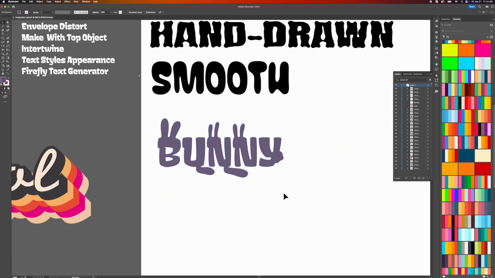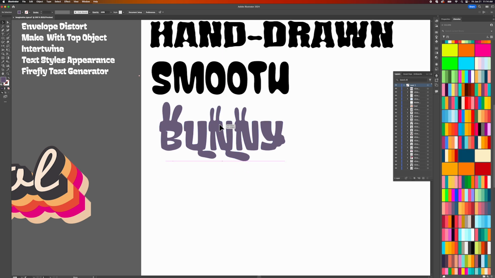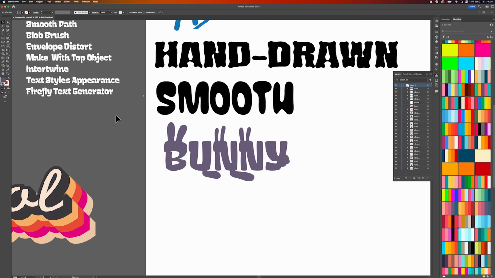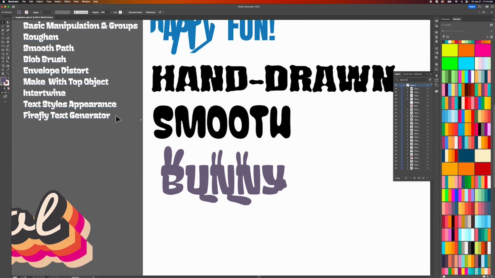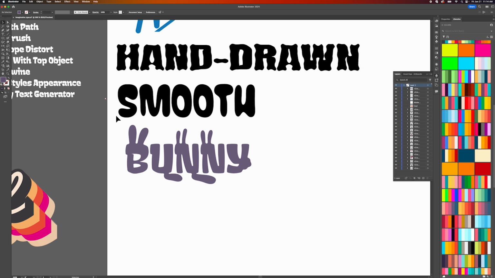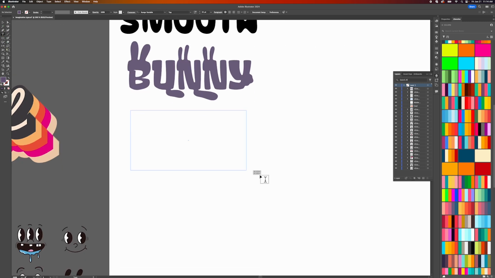Cool. So now you have the word bunny illustrated with bunny parts. We've got bunny ears, bunny feet, bunny tail. Very cool. Okay, so the next thing that we're going to do is take a look at envelope distort, which is super fun. So let's go ahead and create another text